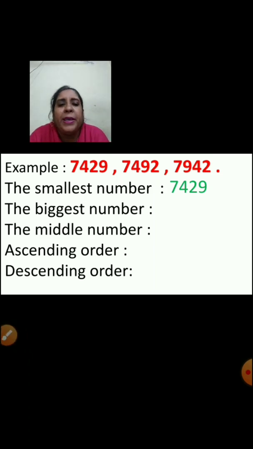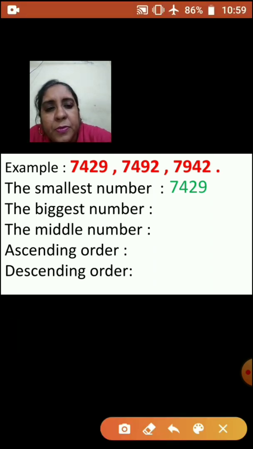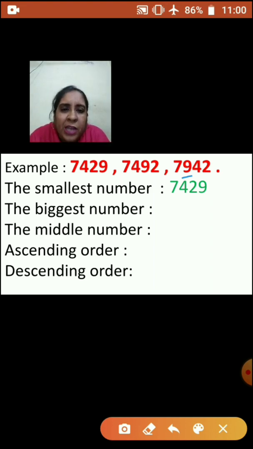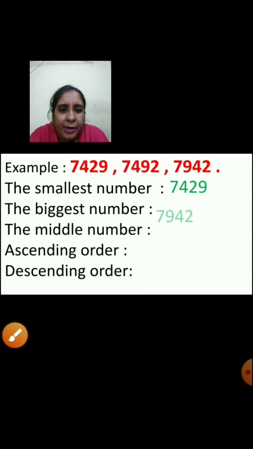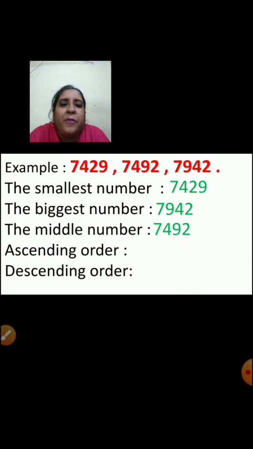Now let us see the biggest number. Now again you have to see the hundreds place. Which number is on the hundreds place? 9. So this number is the biggest because the other two numbers are having 400, 400. So the biggest number will be 7,942. Very good. Now which number is left? The middle number? 7,492. Now as you got all the three numbers, the smallest number, biggest number, middle number, now you can write